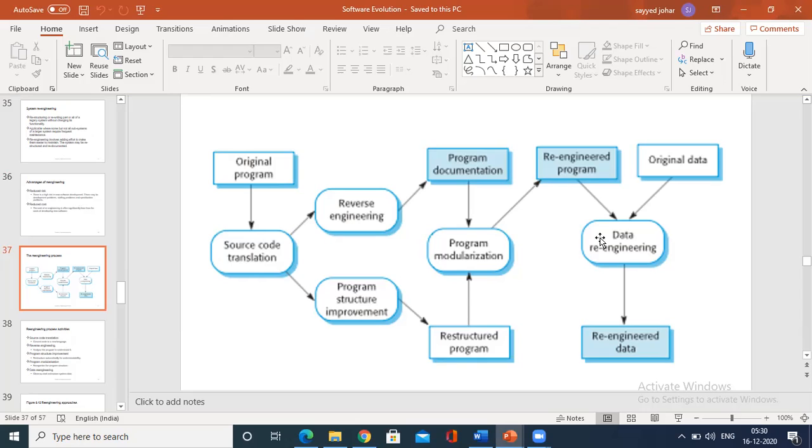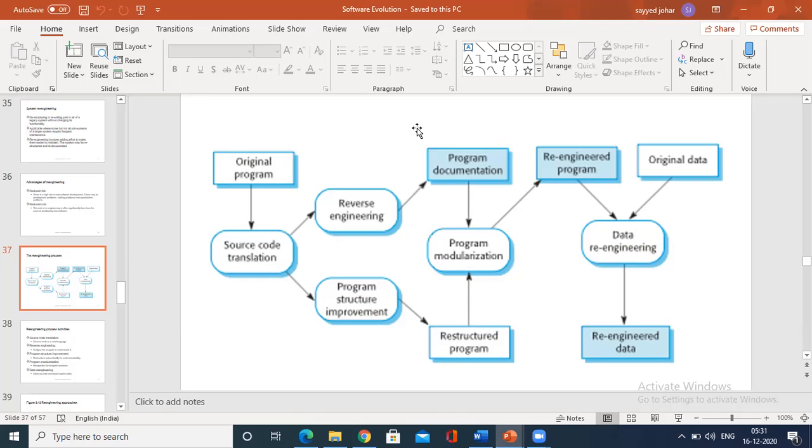So we have different re-engineering approaches. For example, sometimes we can skip the source code translation. Okay. If you are using an application programming language, it is not mandatory that you should follow the steps as it is. You can skip a few of the steps, depending upon the kind of application you have. Okay. So as I said, there are many automated tools that we are going to use over here.